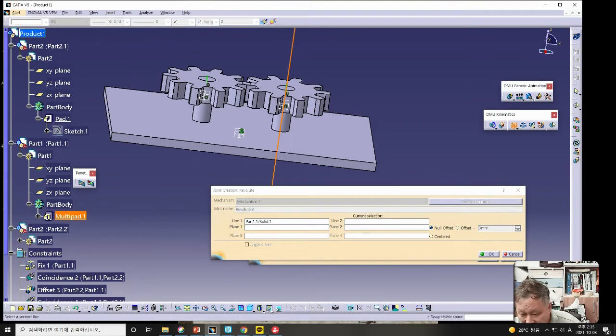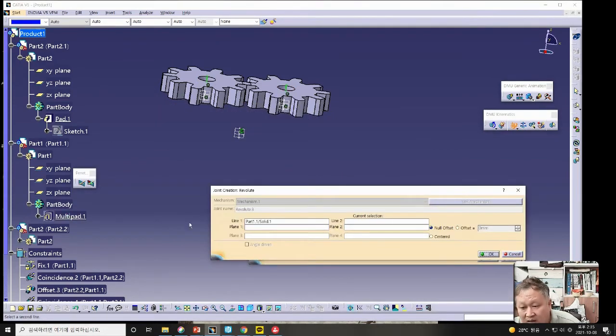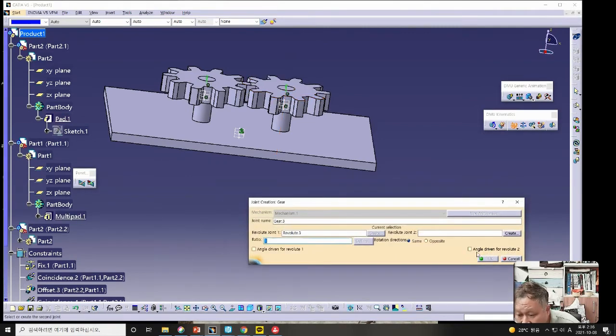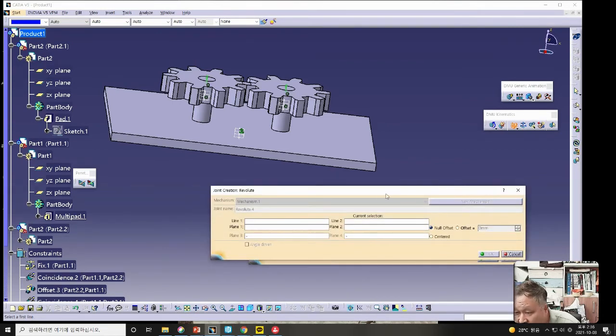please hide this multipad and in this case please select this axis, and in case of plane 1 we should show the multipad, and please select plane 1 here and plane 2 this one, and if we click OK button the revolution joint 1 should be created, and